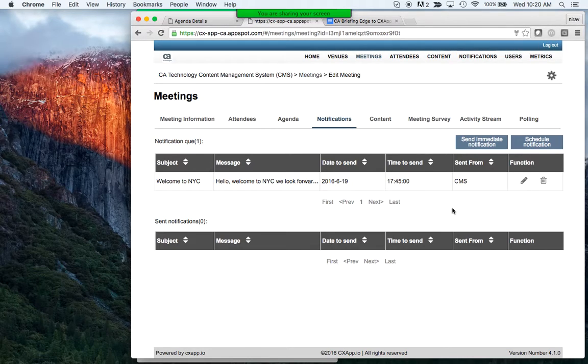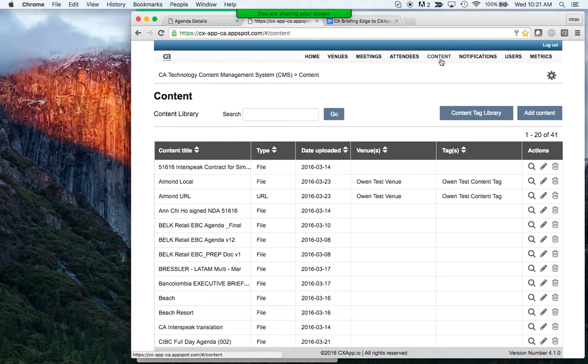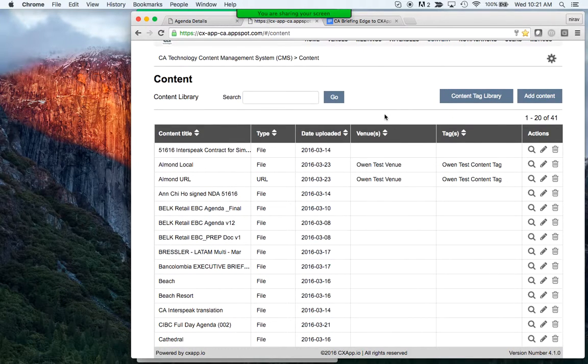Okay. All right. So now the next section is content. Before I jump into content, I want to just show you how content's uploaded into our system. Content actually has to first be uploaded to the main library, which is in this top main navigation bar up here. So if I click on that, and we'll come back to our meeting in a bit, it's going to populate all of this content. I want to make sure that a specific content item is associated with the New York